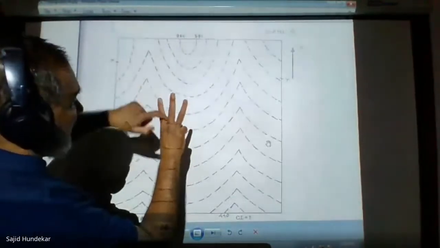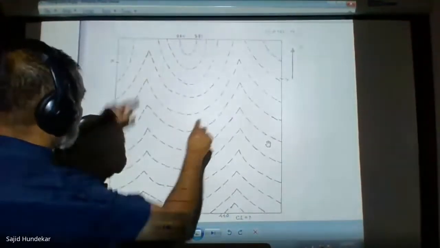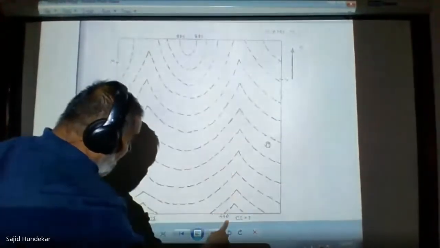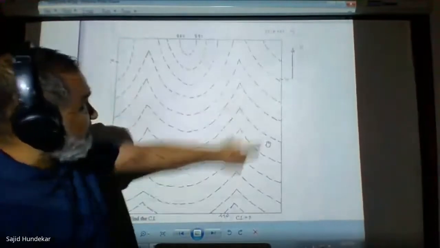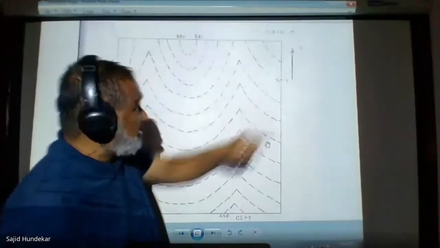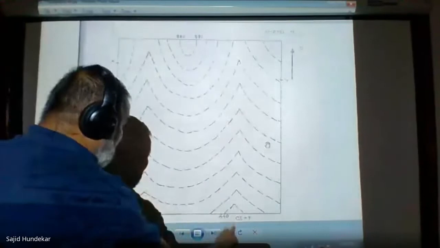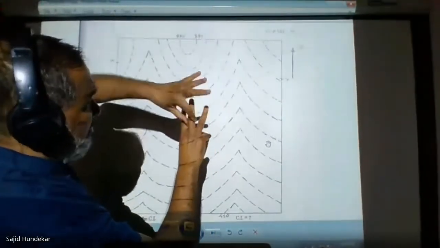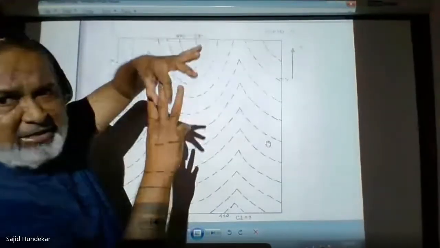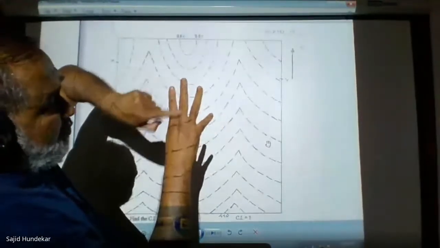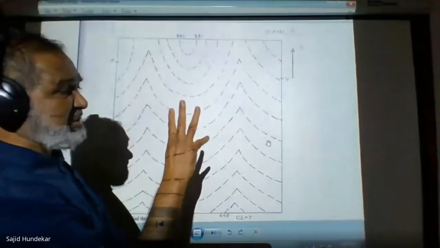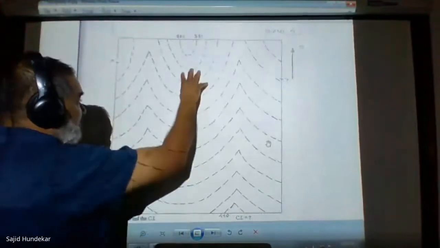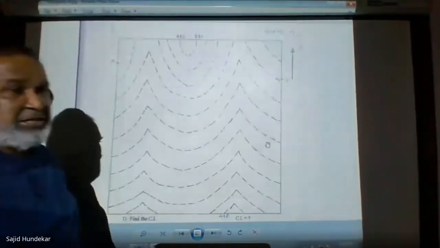The two valleys are running in the same direction. Where are they running? Opposite to the north, this side. So this side is south, because the north has been marked, opposite is south. So these two valleys are running towards the south. When two valleys run in the same direction, you can see there will be an elevated portion. That portion is called a spur. The two valleys running in the same direction, forming a portion of high ground in between, is called a spur.